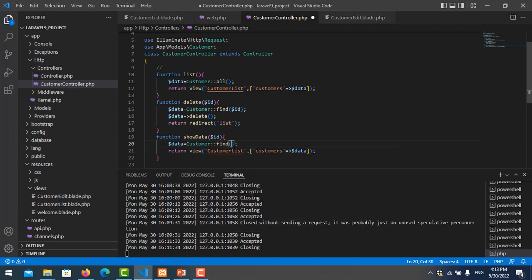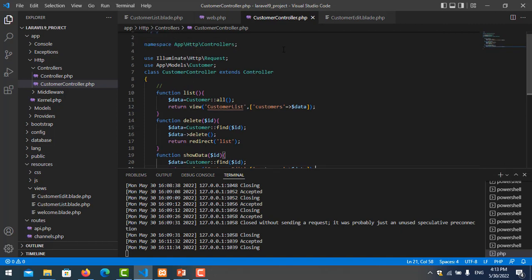We find the id, and we return the view called customer edit, and we pass the key parameter. The key here is customer, and the data value here. Let me save it,